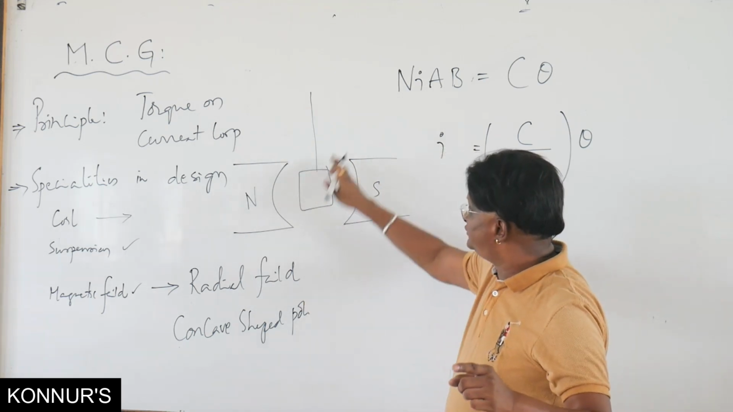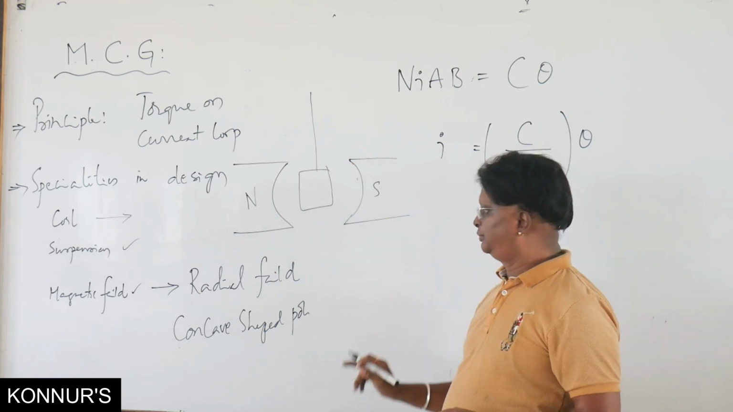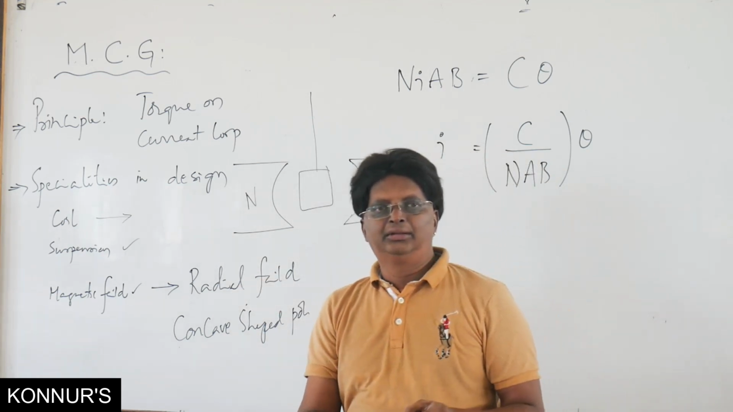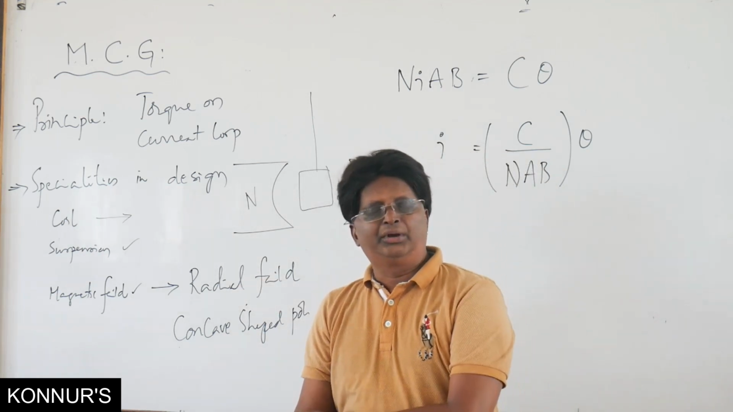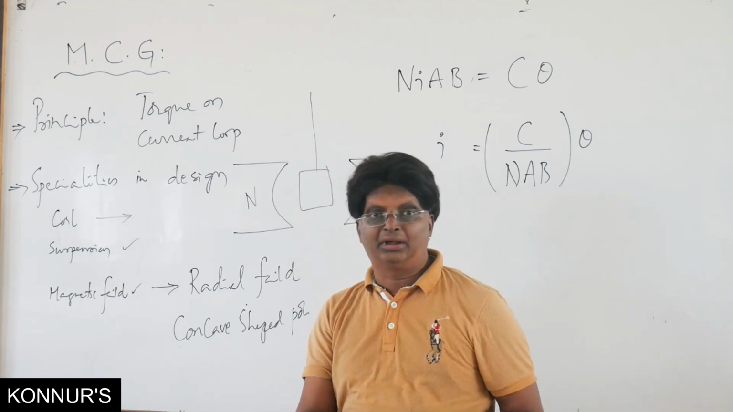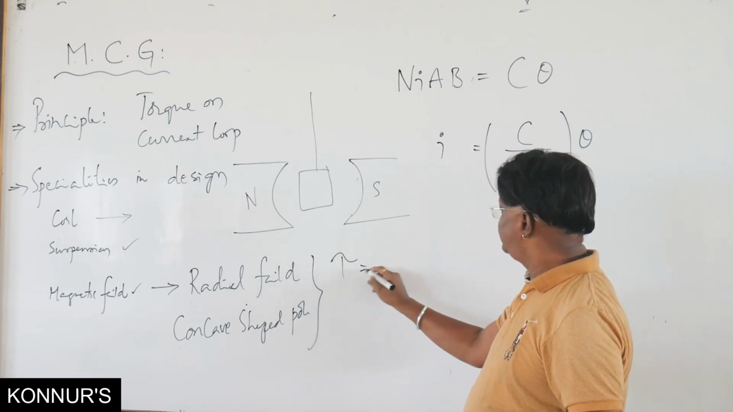Remember, these are not flat poles, these are concave shaped poles to produce radial magnetic field. Why produce? What is the specialty of radial magnetic field? Why only this radial magnetic field? Means this, when we write the condition tau is equal to